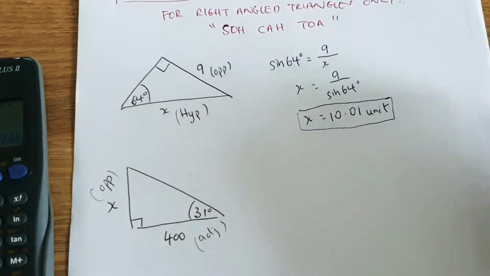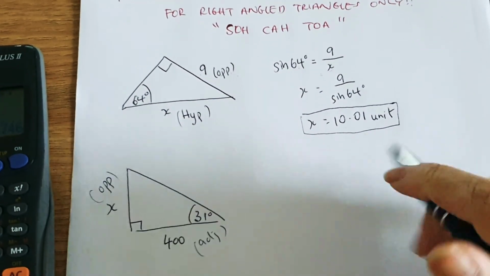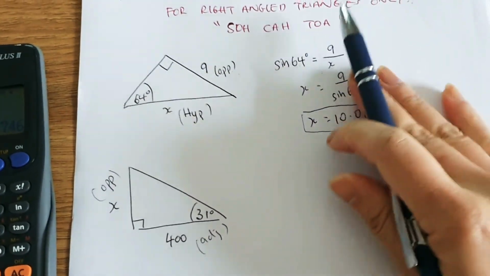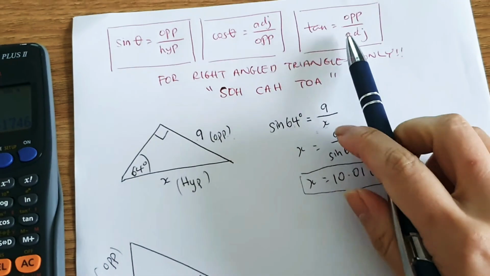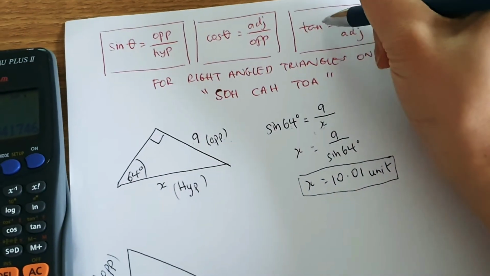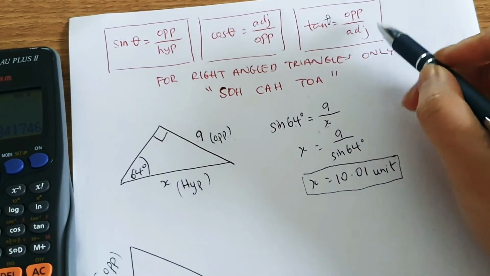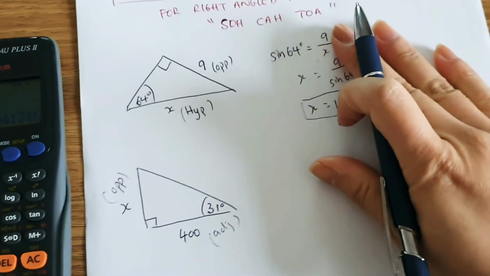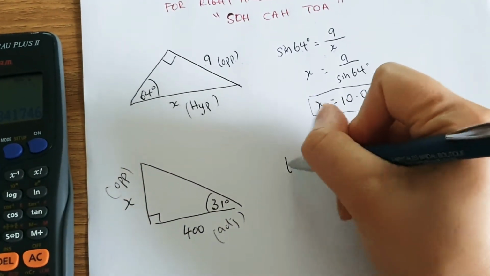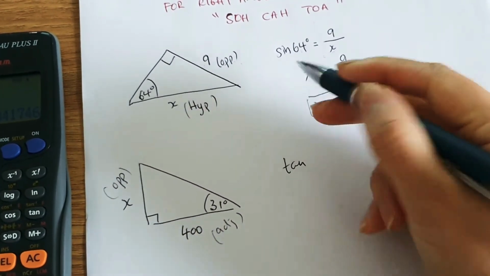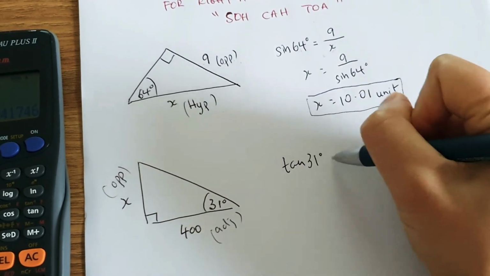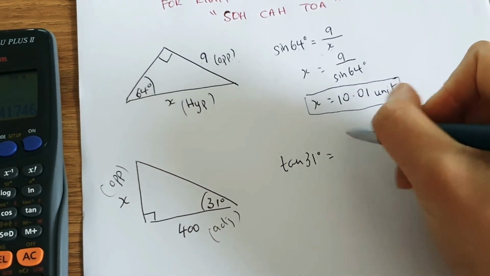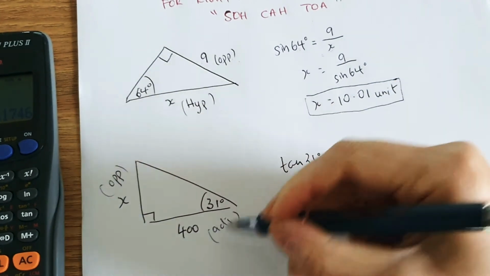Okay, and the only ratio that we have that includes opposite and adjacent is the tan ratio, that one up here. Tan theta is equal to opposite over adjacent, and that's exactly what we write. Tan, instead of theta we write the angle of 31 degrees, is equal to opposite, which is x, over adjacent, which is